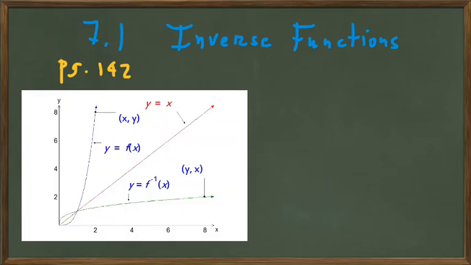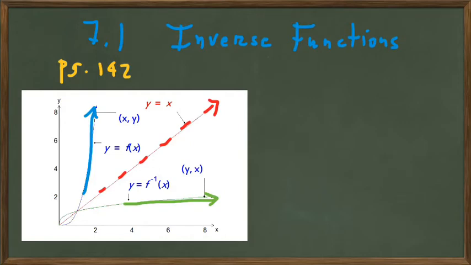So we have a function y equals f of x, which is this function here. We have its inverse function y equals f inverse of x, which is here. And we want to characterize a function and its inverse in three different ways. First is that the function and its inverse are reflections of each other about the graph of y equals x, this graph right here. And second is that if the point